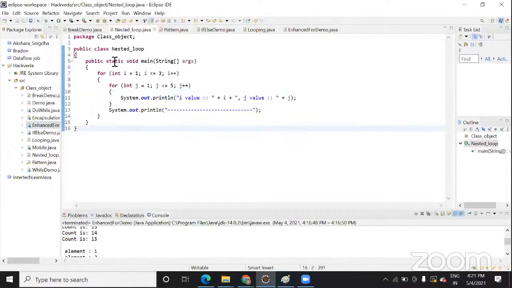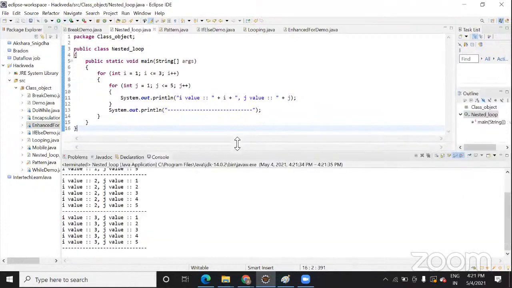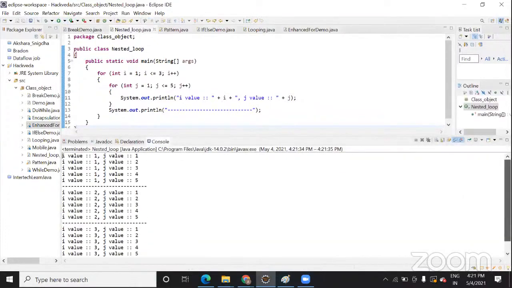The output will come in this way. But you were saying something about 9 and all, right? So I was adding the both now. I value 1 and j value 1, so it will become 2, and then 6, and then 3 to 7 and 4 to 8. There is no addition here. We are only printing here. This plus is just to print the values together.